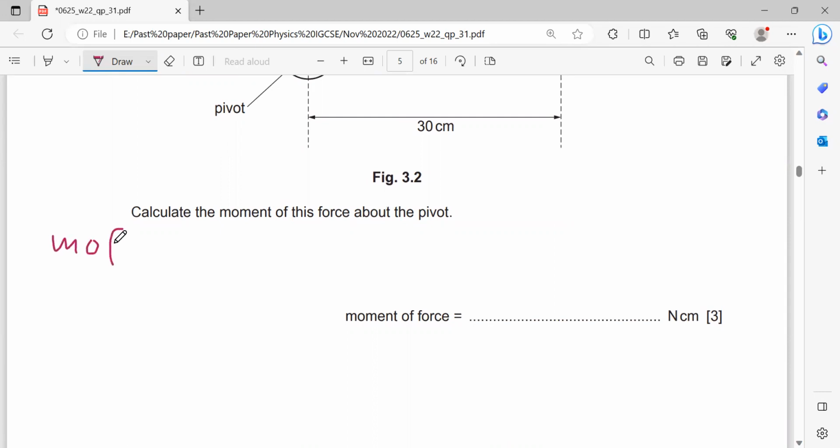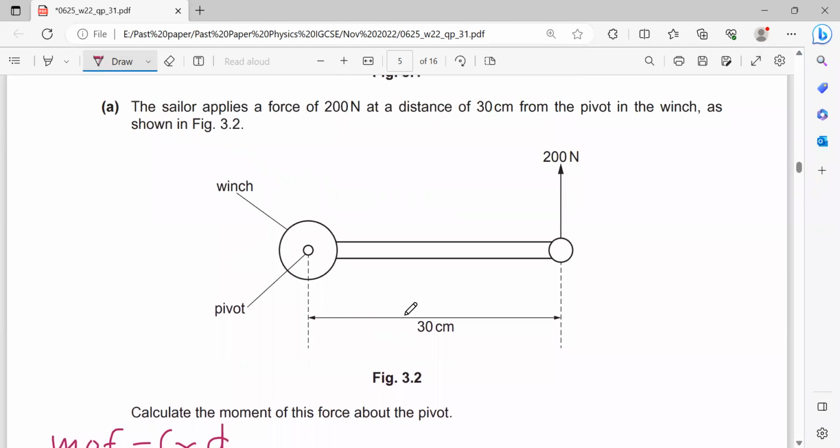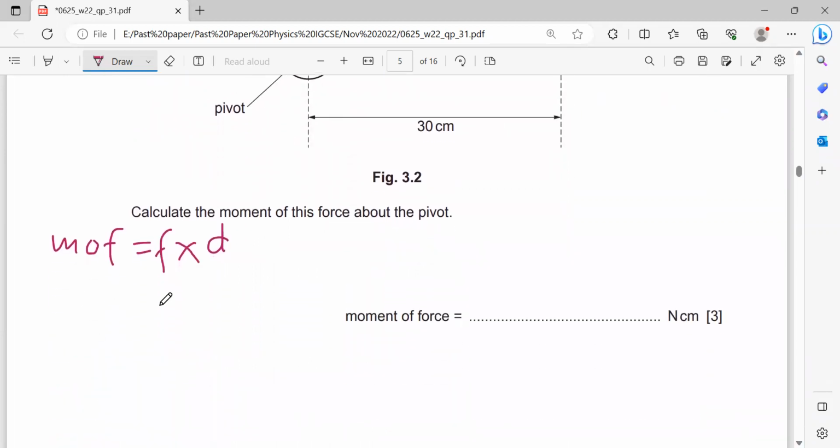The moment of force equals force times distance. Look at this figure again. This force is 200 newtons times distance, the distance is 30 centimeters. So it equals 200 newtons times 30 centimeters equals